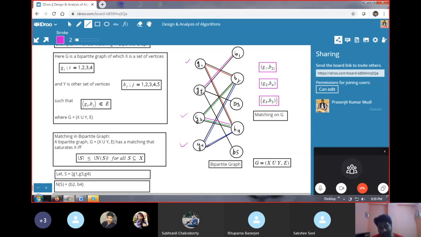B2 is connected to G1, G3, G4, and B4 is connected to G1, G3, G4. So no, we will not have any perfect matching because G1, if I remove this,